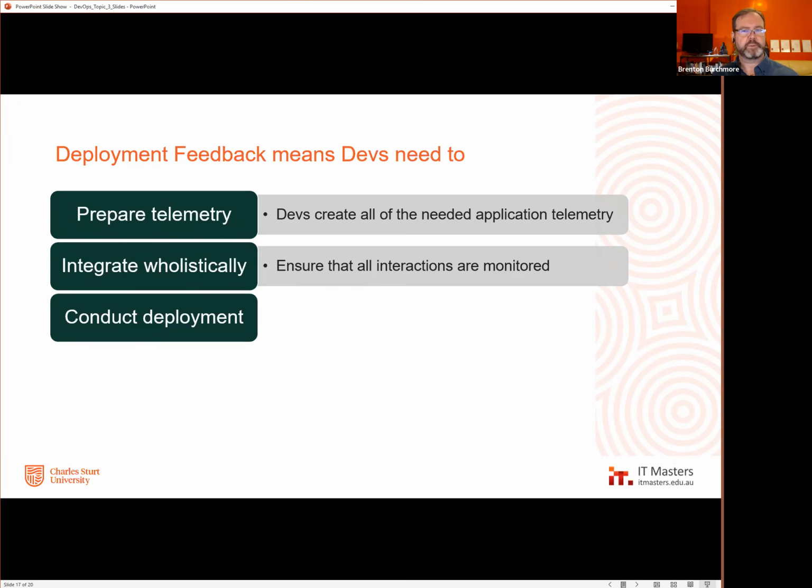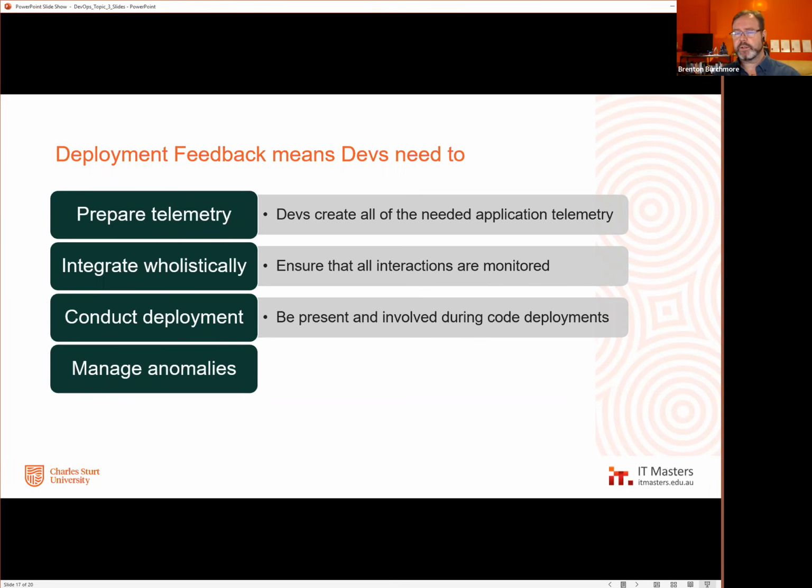It means that during deployment, devs are involved. Some DevOps organizations have the developers take part on a rotating basis with the alert monitoring after deployments. They are involved in rapid response because their expertise is often essential to deciding whether or not do we suddenly urgently roll back. They manage anomalies that occur, especially out of the application layer or caused by the application layer. They might work on immediate fixes.